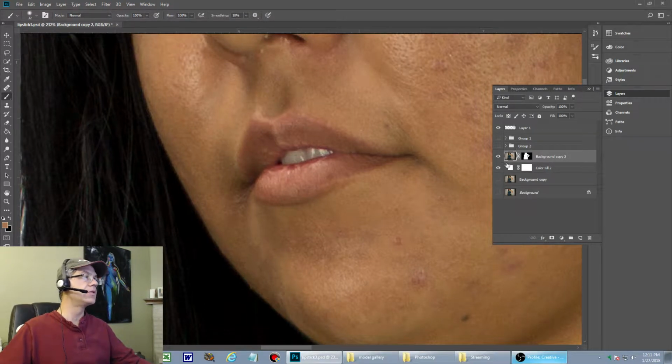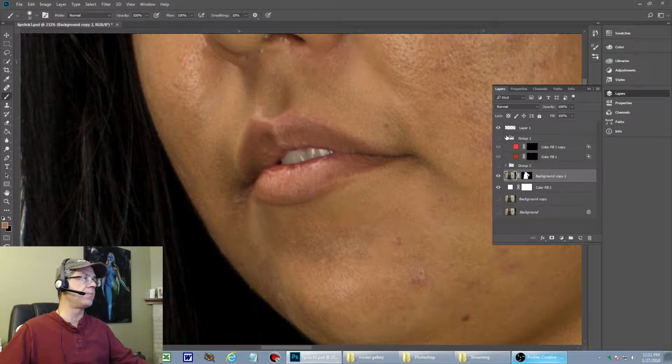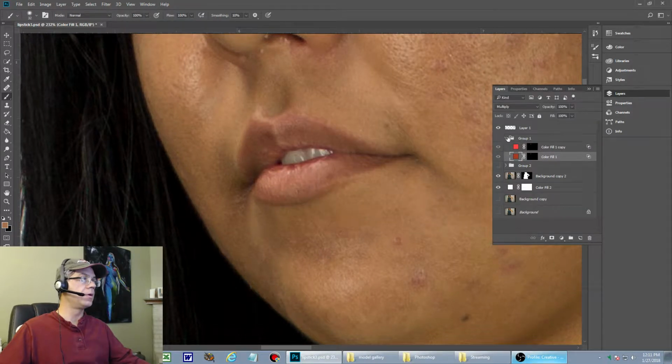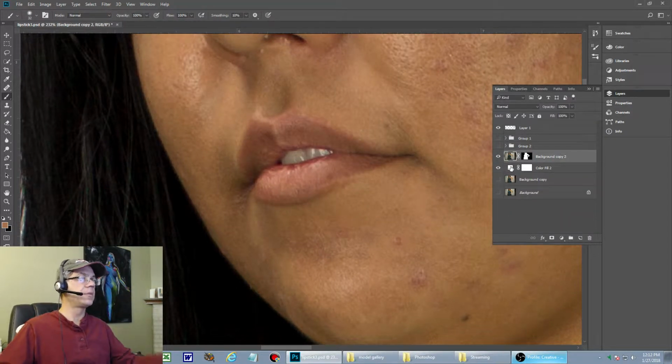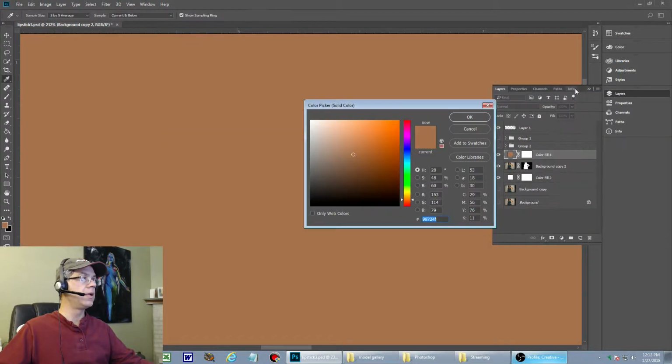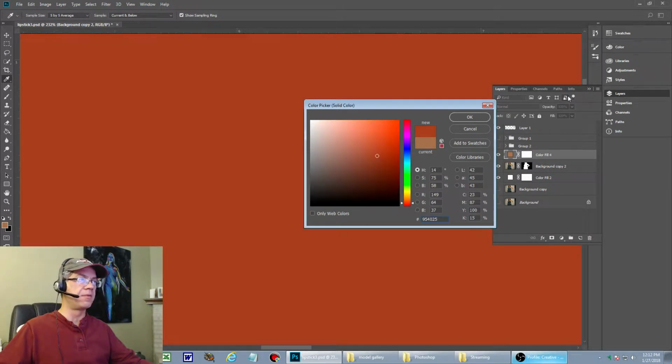All right, so now I've already chosen some colors. I spent a bit of time poking around with colors until I found a couple that I think would work. So let me just grab that color number and we'll use that. First step, we're going to get an adjustment layer, solid color, and I'm going to paste in the number for that color. Okay,